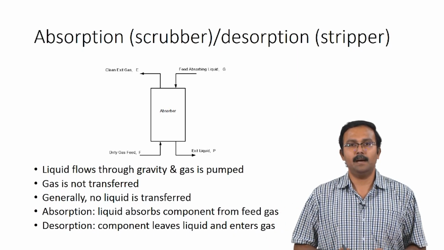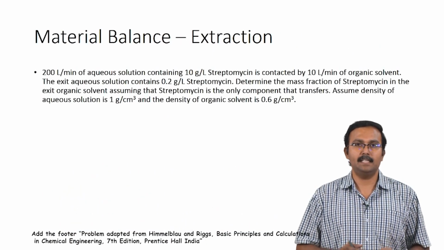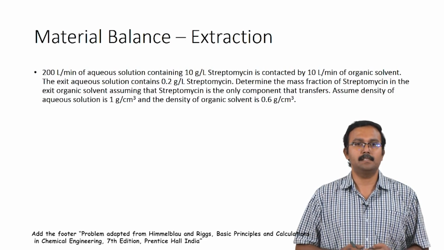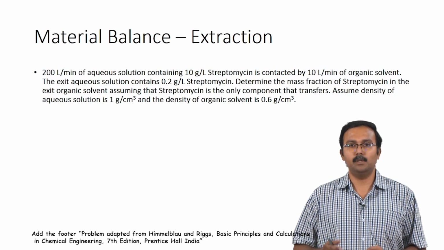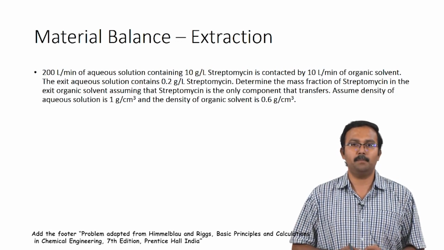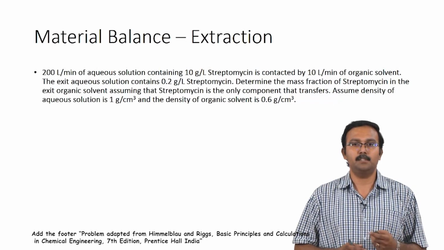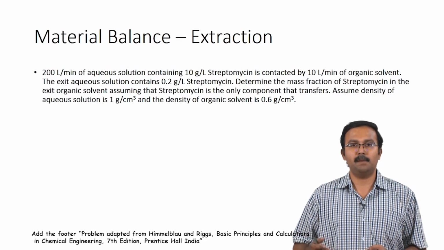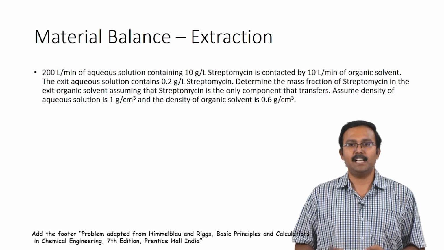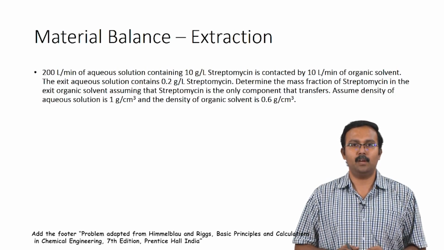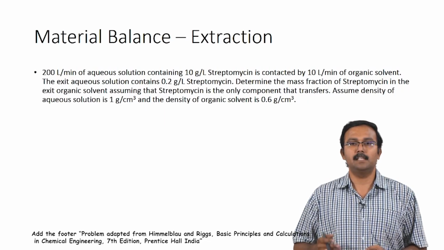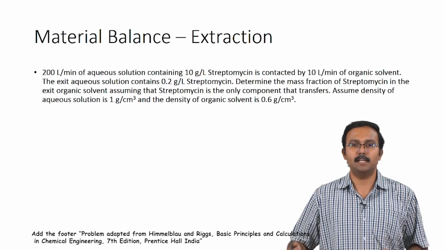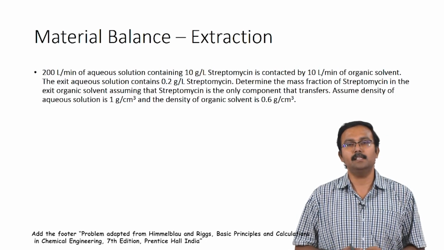Let us look at a simple example problem which will help us better understand these systems and perform material balance calculations for such a system. The problem statement says 200 liters per minute of aqueous solution containing 10 grams per liter of streptomycin is contacted by 10 liters per minute of organic solvent. The exit aqueous solution contains 0.2 grams per liter of streptomycin. Determine the mass fraction of streptomycin in the exit organic solvent, assuming that streptomycin is the only component that transfers. Assume density of aqueous solution is 1 gram per centimeter cube and the density of organic solvent is 0.6 grams